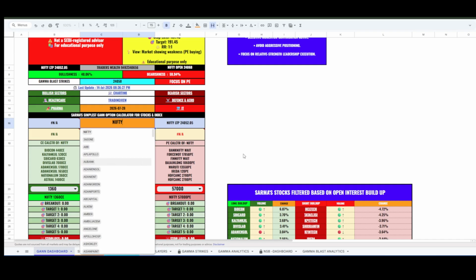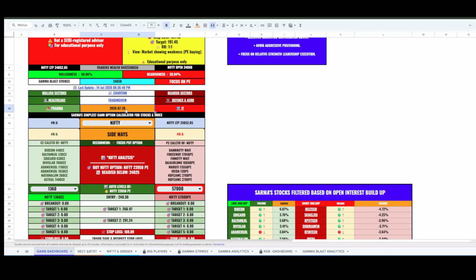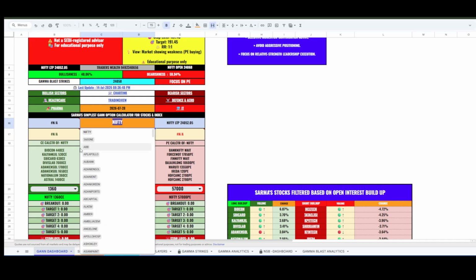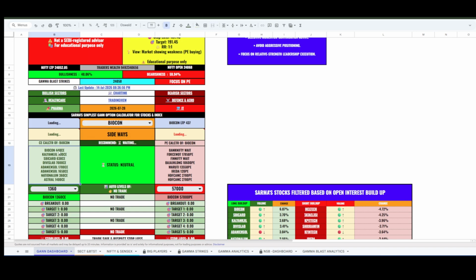For example, if you want to trade in stocks, then you first have to select the expiry. When you want to trade in stocks, you have to select the last Thursday's, I mean Tuesday's expiry. Then, for example, today we selected the 28th, the last Tuesday, and we selected a stock like Biocon. If I want to trade in Biocon, you may ask me why Biocon? Because Biocon is recommended over here. So you can see Biocon 440 call option. As soon as you select the stock,